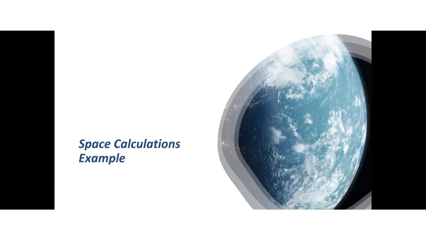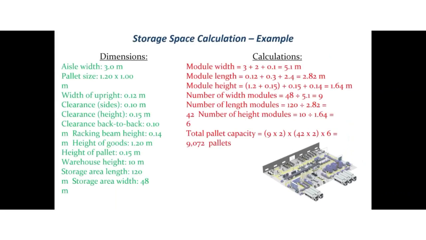Let's continue with a simple example for the space calculations we just talked about. For example, based on the following dimensions: aisle width, pallet size, width of upright, clearance size, heights, back-to-back, warehouse height, storage area length, and storage area width, if we use the formulas we discussed, we can calculate first module width, length, and height, and then the number of modules, and at the end, the total pallet capacity, which here is 9,072. So therefore, in a cubic space of 120 meters by 48 by 10 meters, we have a capacity to